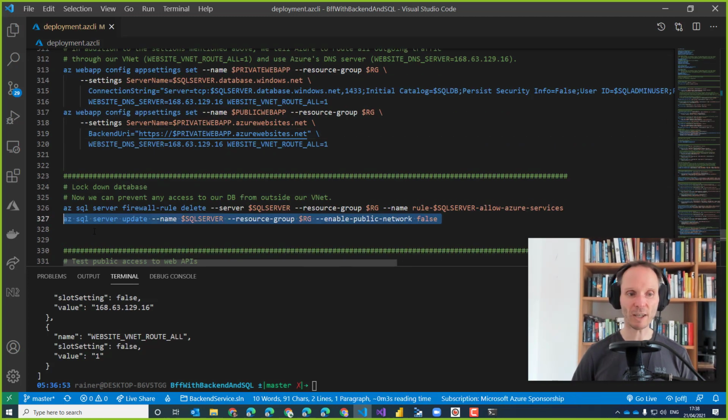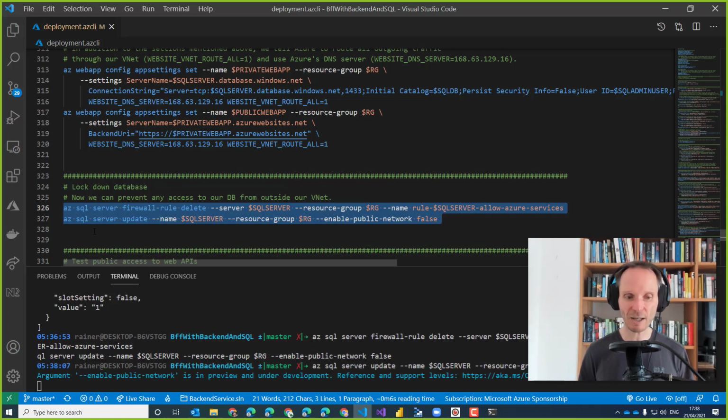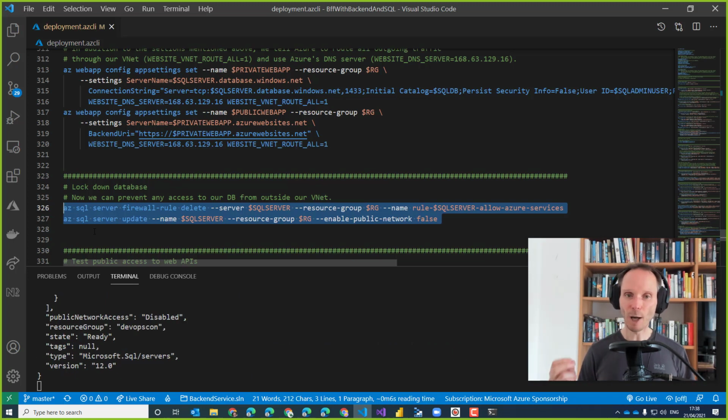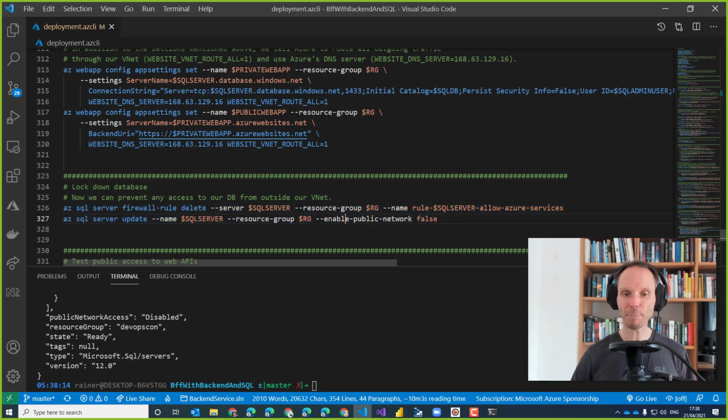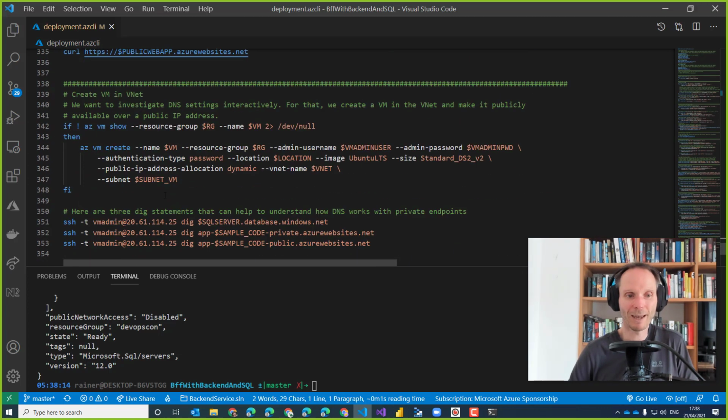So if I'm a security-aware person, which I am, then I can lock down the databases. And this is what I do here. I'm locking down the firewalls, in this example, for my SQL database, to make sure that nobody can access this database over the public internet. I disable public network access completely. Nobody can access it. That saves me from a situation where I might have made a certain mistake while configuring things, and suddenly people can access my database, although I didn't want to.